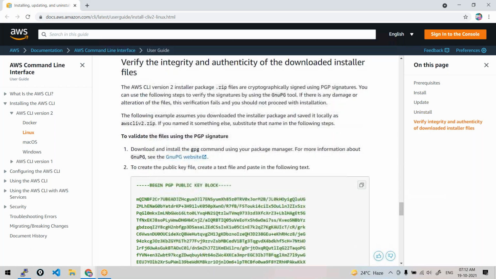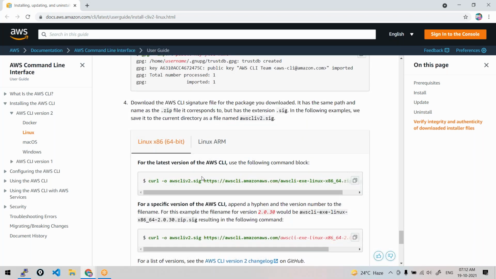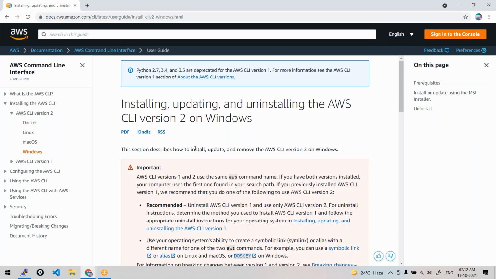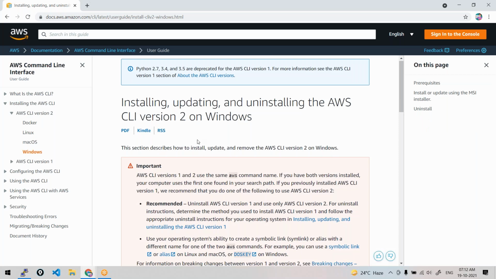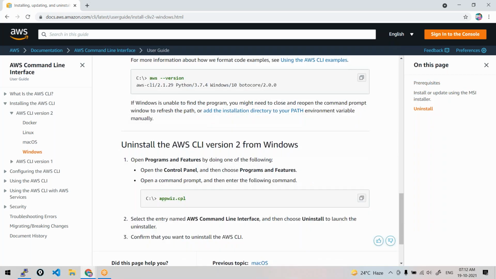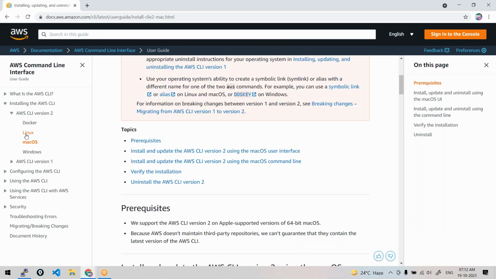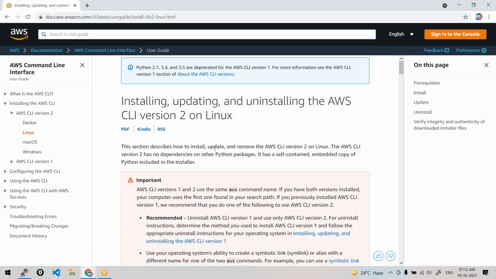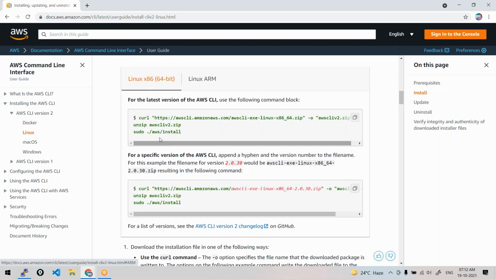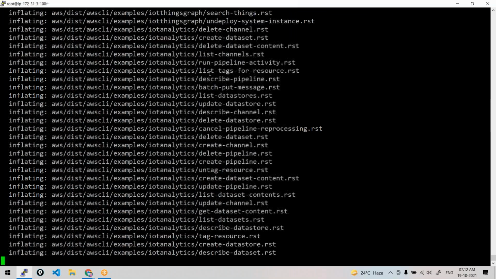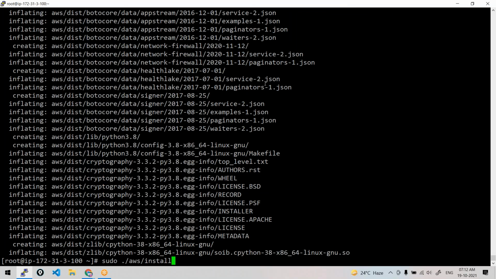This is a document on Linux, I believe. You could also do it, yeah. See here on the left hand side, if you want to connect to your AWS account from the command line of your Windows, here are the steps. If you want to do it from Mac, yes, you have everything here. So ours is Linux. So just go here, run these commands. You can see the command here, right? So just copy this, come here, run the commands.